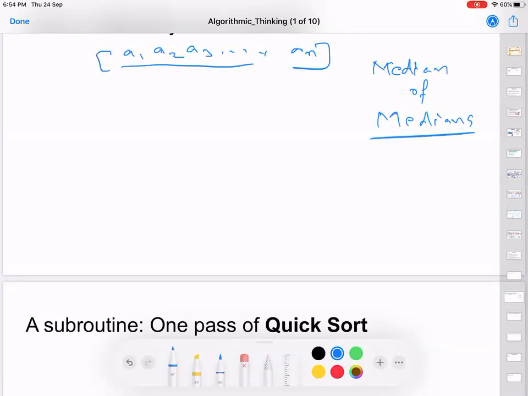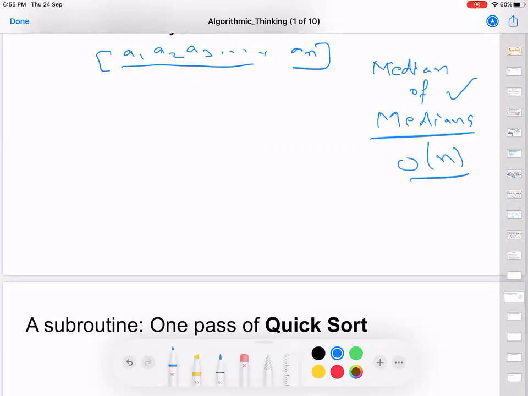So this algorithm, let's say, has n numbers from A1 to AN. And if I ask you to give me the kth largest number, there are several variants out there. You can use the existing algorithms that we discussed to find the kth largest number, but none of these algorithms can do it in linear time. This is the only algorithm that can help you do it in linear time. So I'll just tell you the working of this algorithm, and we'll talk about the complexity very briefly.